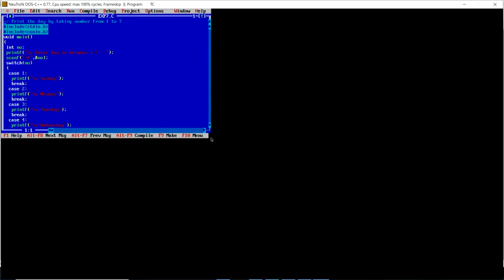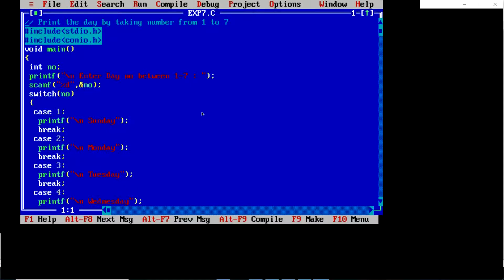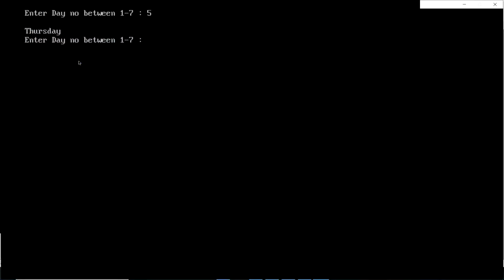Type the program in Turbo C. I have already typed this program. First we compile the program with Alt F9, and then to run it we use Control F9. Here we have not used the clrscr function, so the output screen is not cleared.